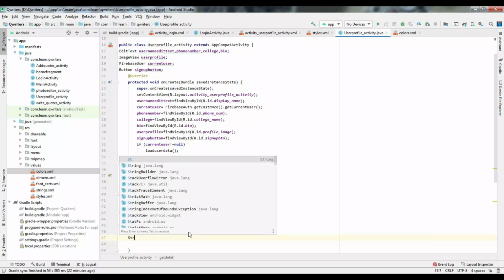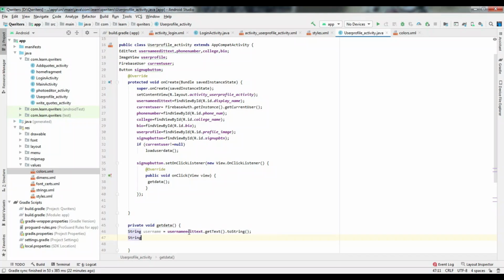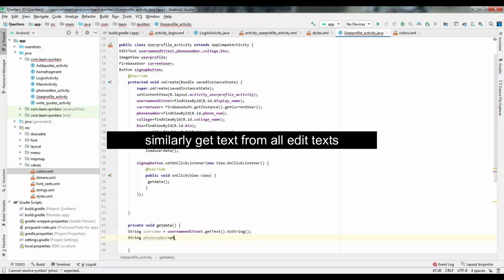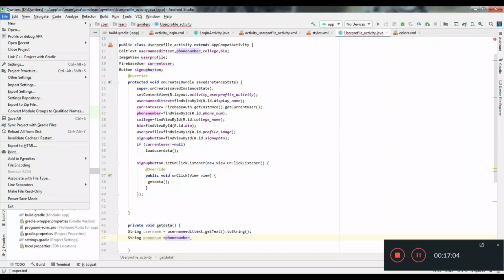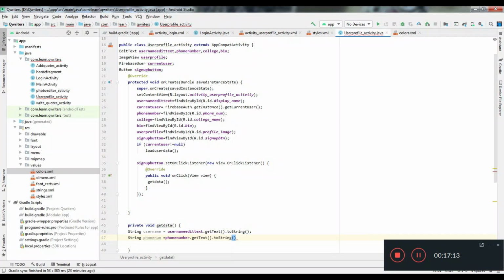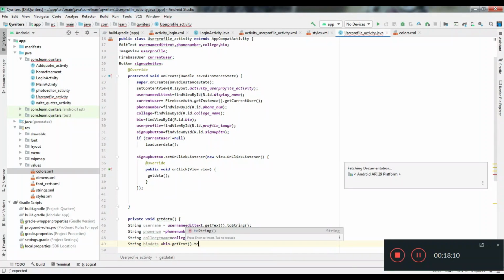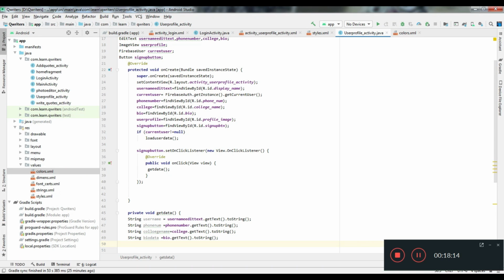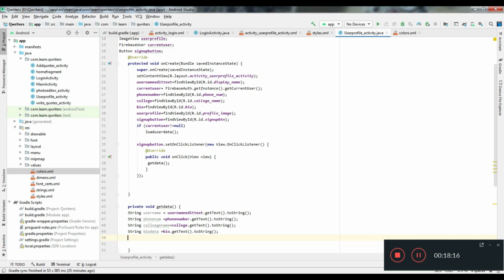Again next, phone number, string. So here we are getting data from all the edit text, and at last we'll be getting user profile also from the login Google account.